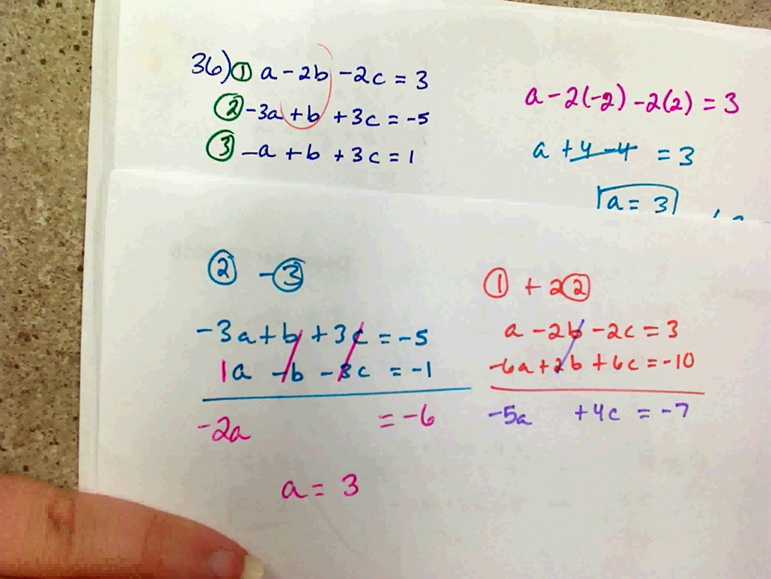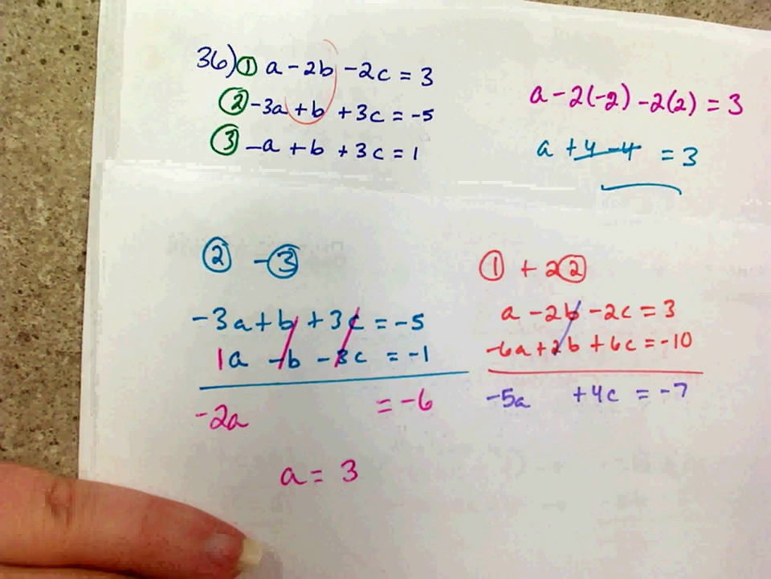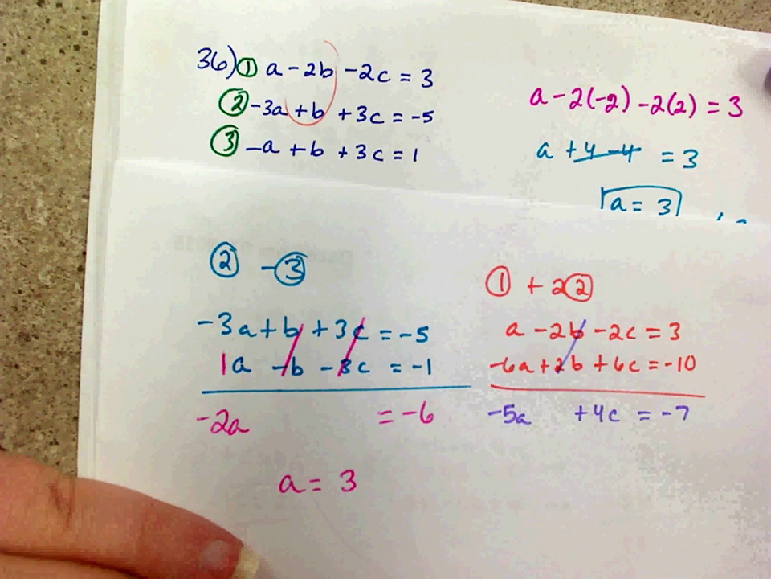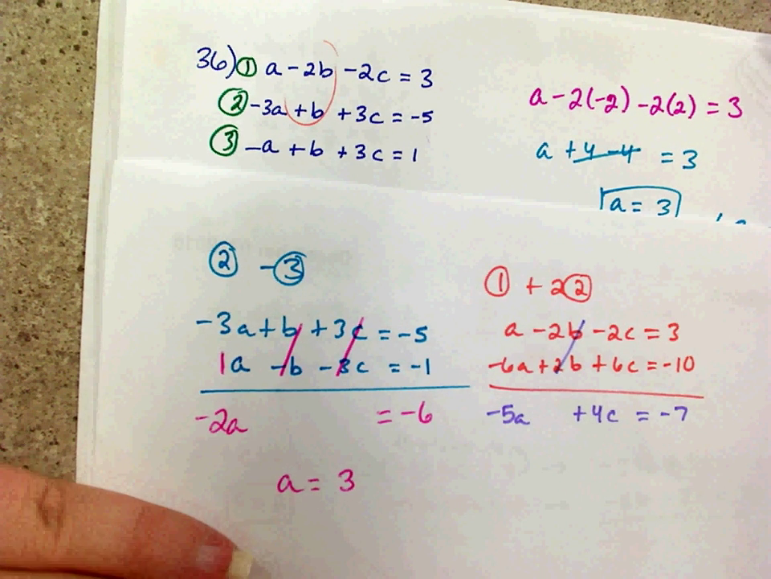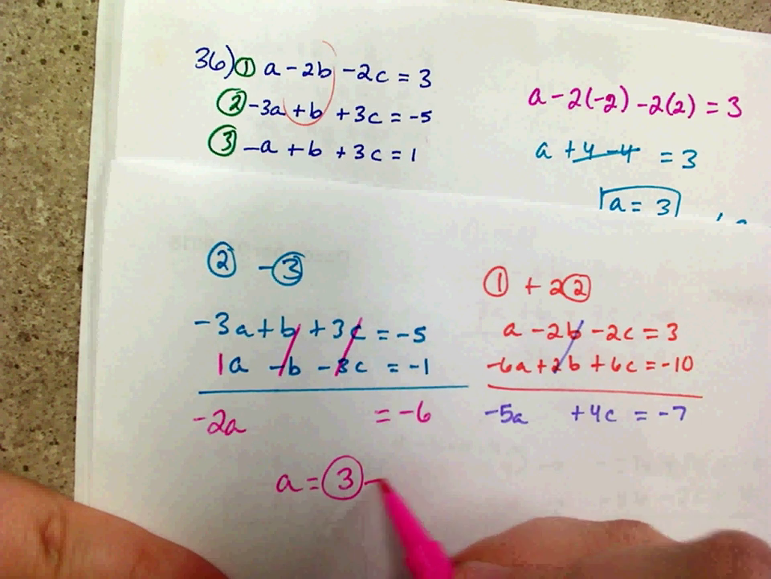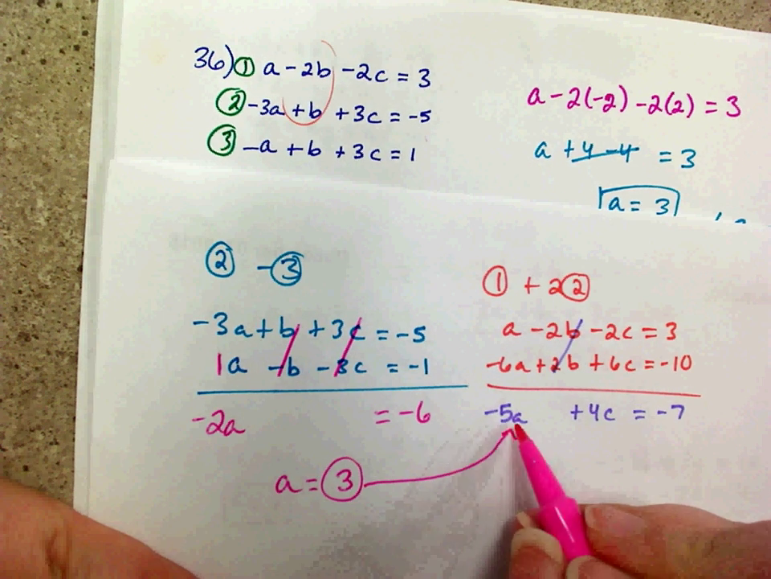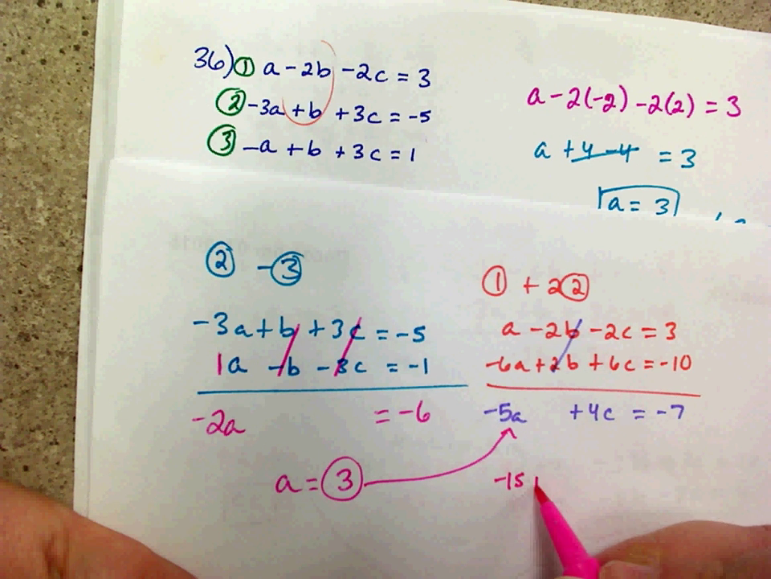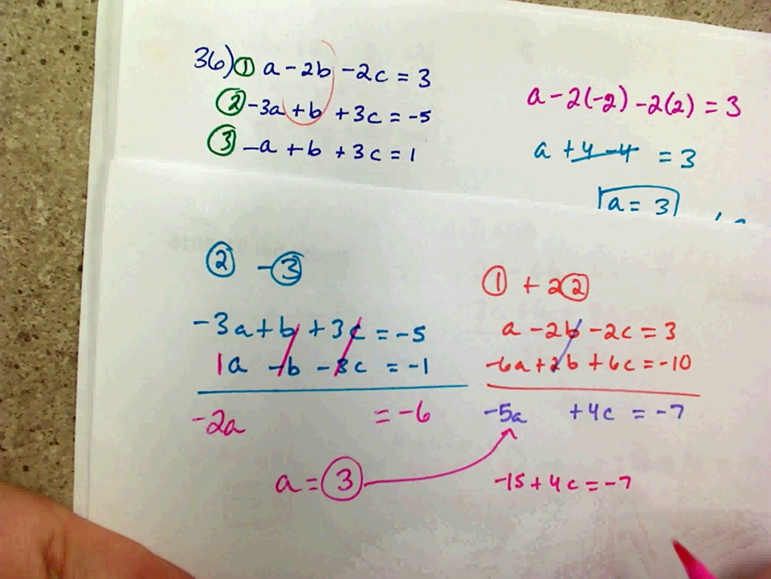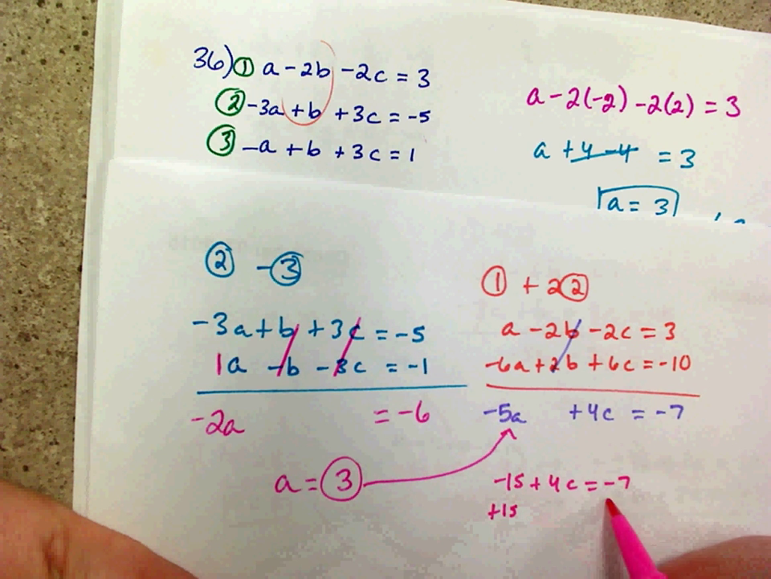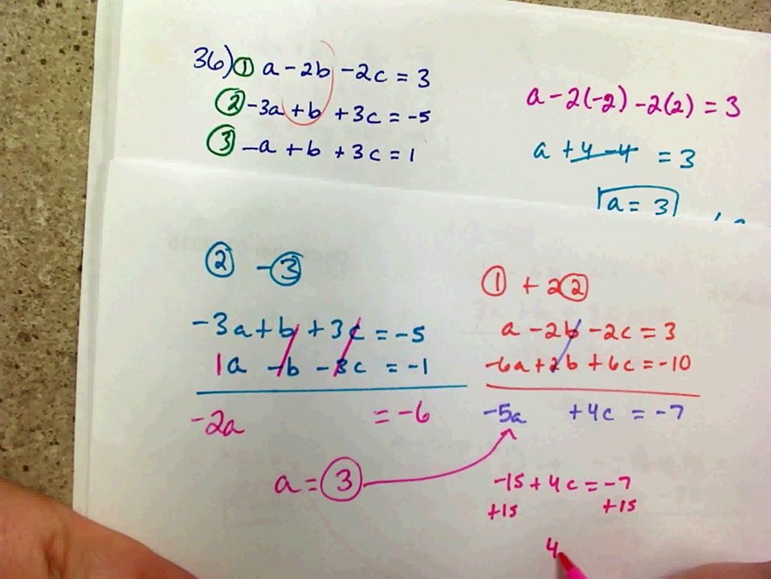Okay, so what I want to do is then use this right here and substitute in for a to solve for c. So I've got negative 5 times 3, which is negative 15, plus 4c equals negative 7. I'm going to add 15 to both sides and I get 4c equals 8, which means c equals 2, which is what we got on the last one